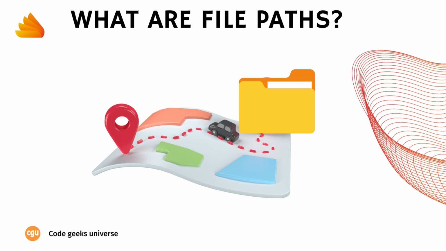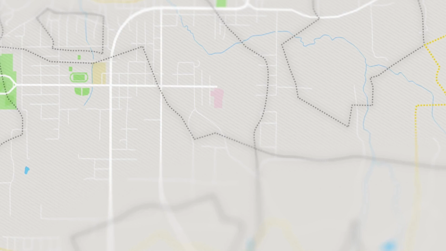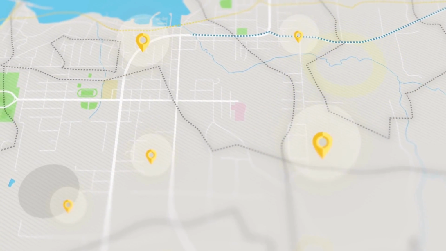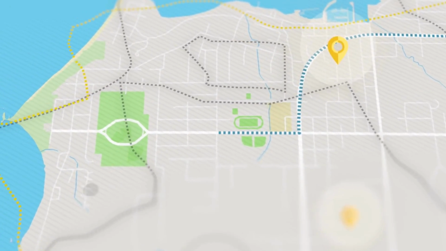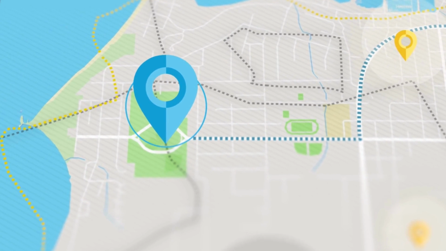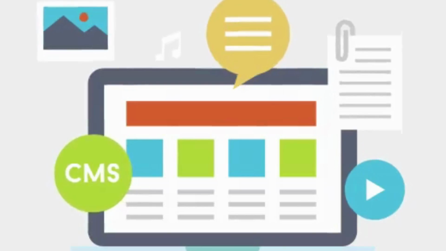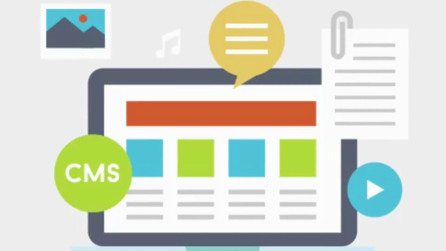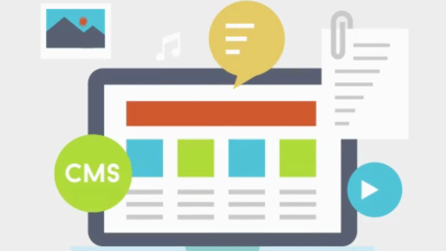A file path is an essential element that points to the exact location of a file within a website's folder structure. It serves as a navigational guide, allowing users and developers to easily locate and access specific files with precision. By understanding and utilizing file paths effectively, you can efficiently manage your website's content organization and ensure seamless functionality for